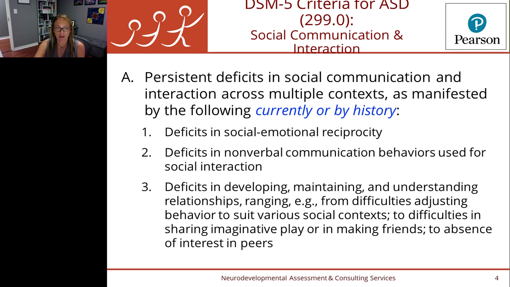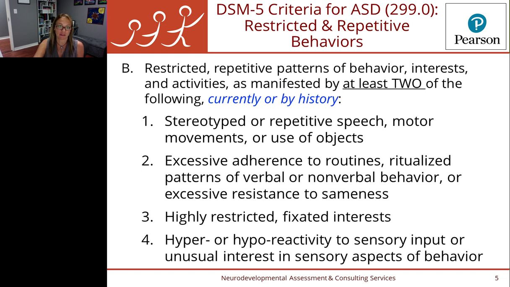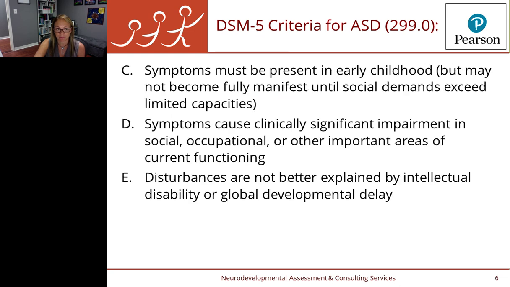The other core symptoms are the restricted, repetitive, and stereotyped behaviors. These can be your motor mannerisms like hand flapping, finger fanning, posturing fingers, or full body movements like body rocking, jumping up and down, spinning. Then you have your need for sameness and excessive adherence to routines. You have your circumscribed interests and perseverations, so getting stuck on a topic or on a thing or object. And then you have your hyper and hypo reactivity to sensory input. So individuals need to have at least 2 of these restricted and repetitive behaviors, either currently or by history.